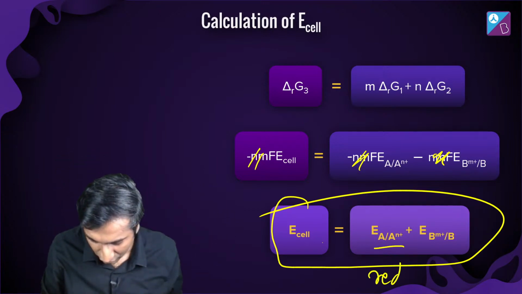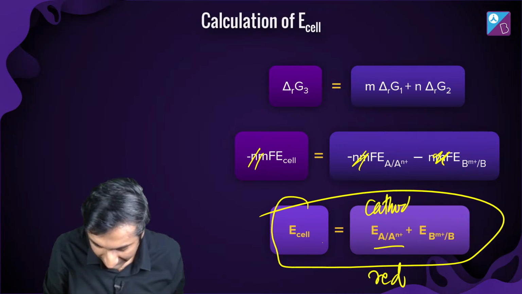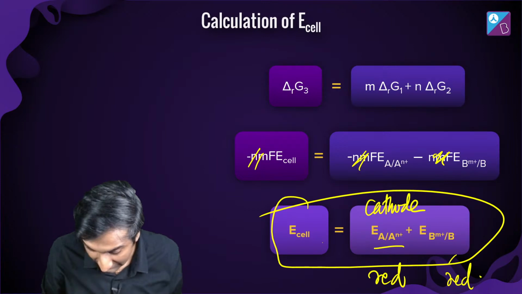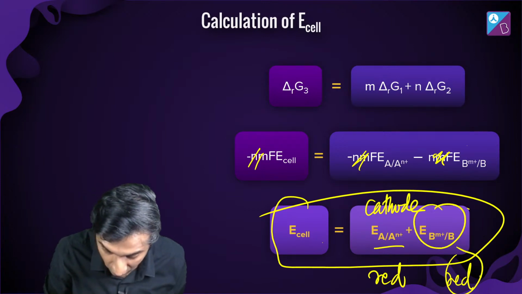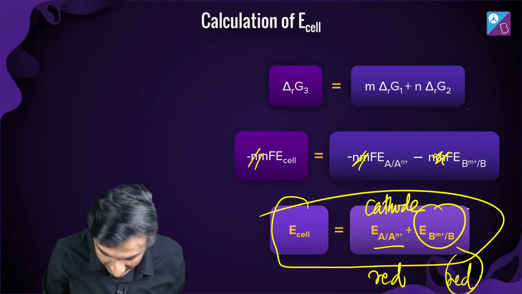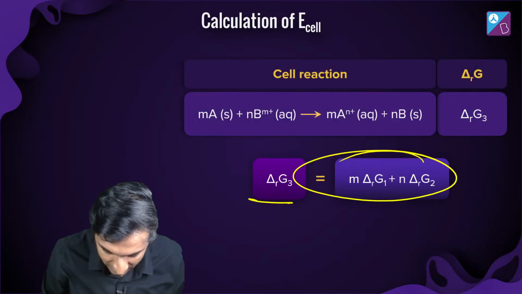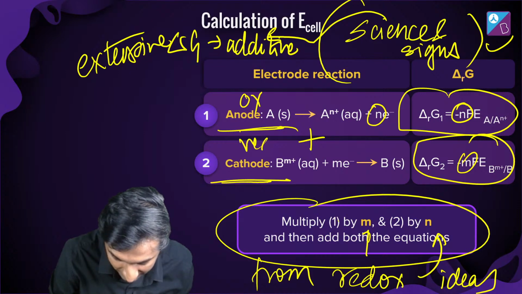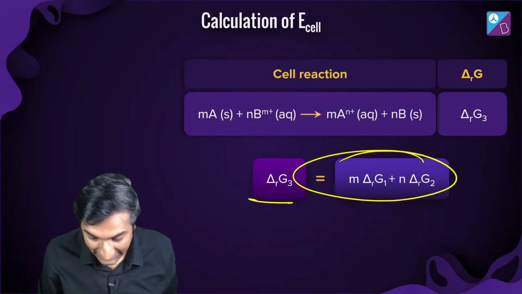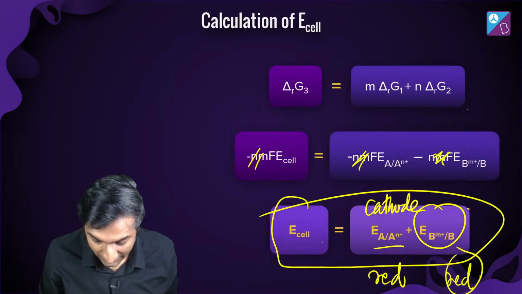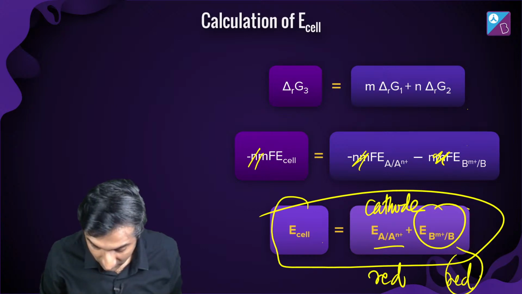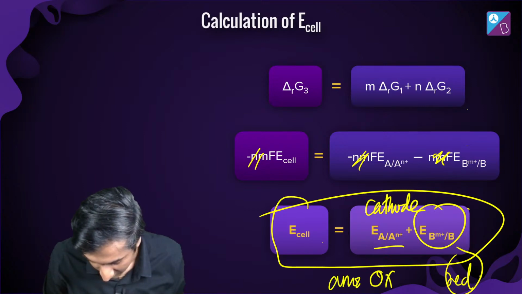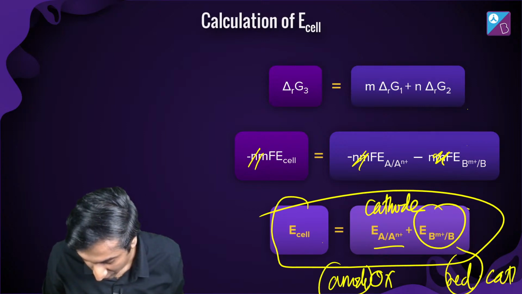This is reduction, right? Reduction means cathode, right? What is this? This is also reduction. But this is reduction at B. But what was this? What is happening here? Let's go back one step. Where was reduction happening, where was oxidation happening? Let me go back. So this is oxidation, this is reduction. So it looks like we have reversed the reaction of one of these. Okay? This is oxidation. My bad. Oxidation and hence anode. And reduction and hence cathode.